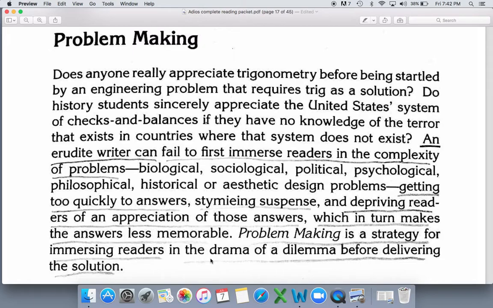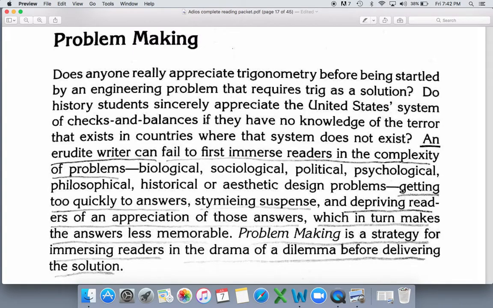One of my favorite phrases from this paragraph is immersing readers in the drama of the dilemma. I think what this means is that the dilemma or the problem is so well described, and the reader has been invited in to experience, as if they were in the scene themselves, that drama of that dilemma, that they feel it, and in feeling it, they believe there's a dilemma that needs to be solved. If you can convince your reader that there's a problem that needs to be solved, you're that much more likely to convince them that your solution that you have to give them and your argument is what will fix that problem. So, immersing readers in the drama of the dilemma I like a lot,